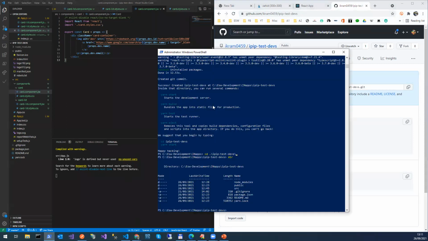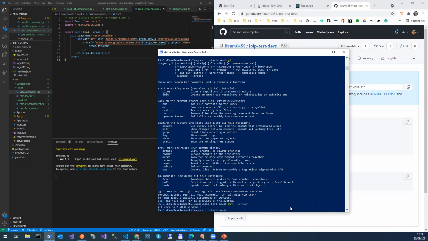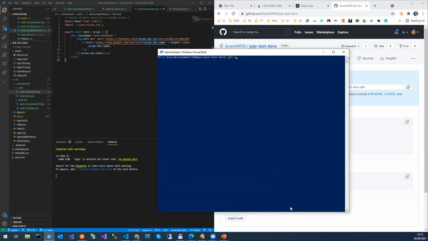So in PowerShell, we can go to our folder, which is this ipip test dev, and in here we can do git. Make sure you have git installed. If you have git installed, you can check the version and type in just the git command. It's kind of the same as SVN, a version control tool. So we go in here and do git init,